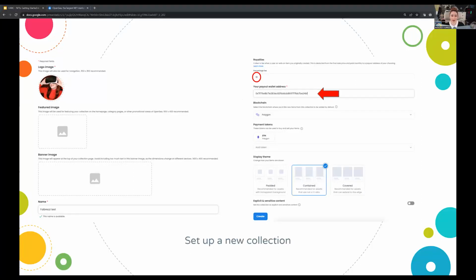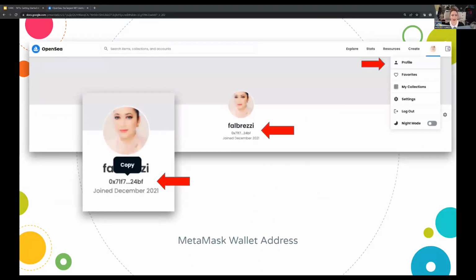So if you remember, you can find that easily a few different ways on the platform. You can go to your profile page, and up at the top menu, you can hover over the weird number underneath your profile name. That's actually your account number. Hovering over that will let you copy it.